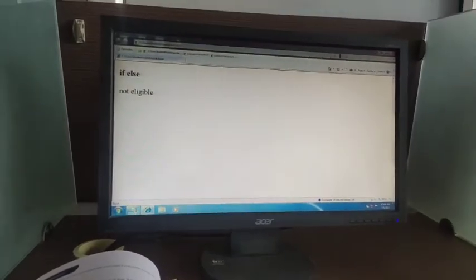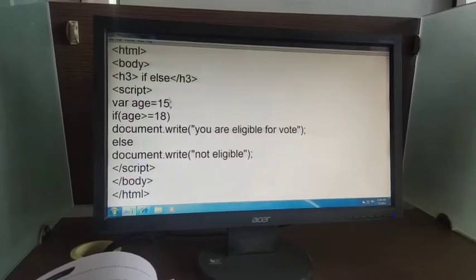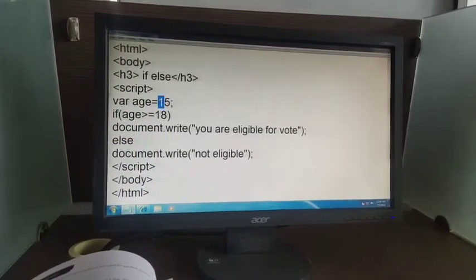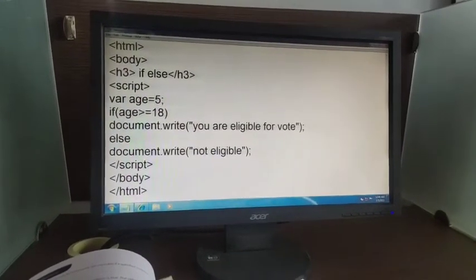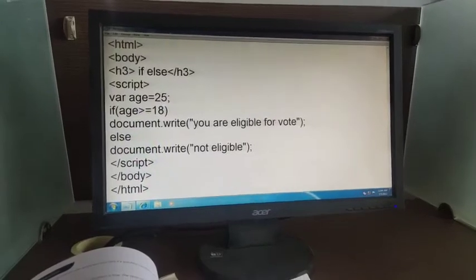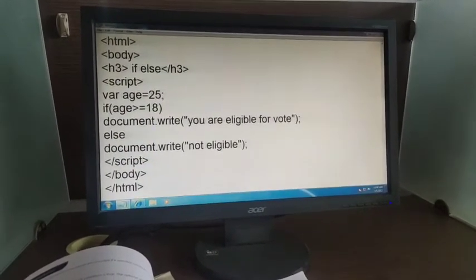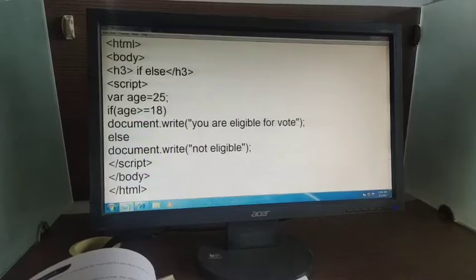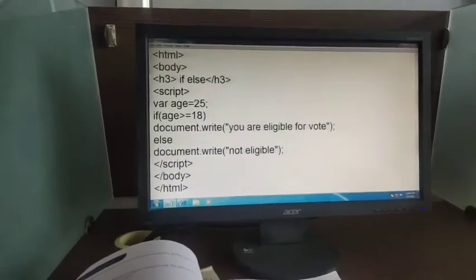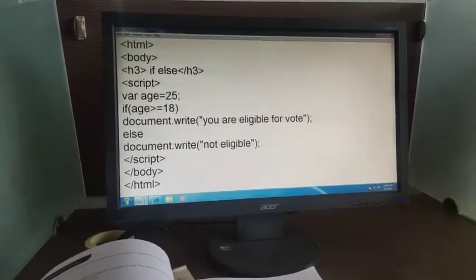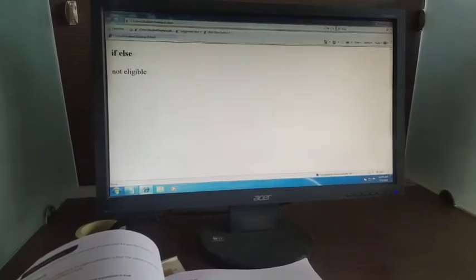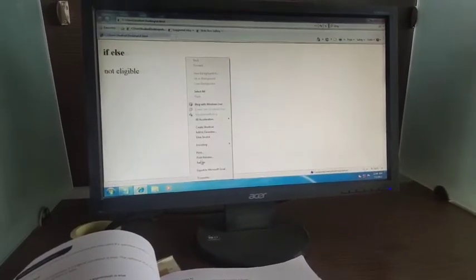Now look at the effect if I change the value. I have given here 25. I am editing in the main document where I have written the code. It means I am editing in Notepad, and I just press Ctrl plus S to save. Now again go there, just refresh it.